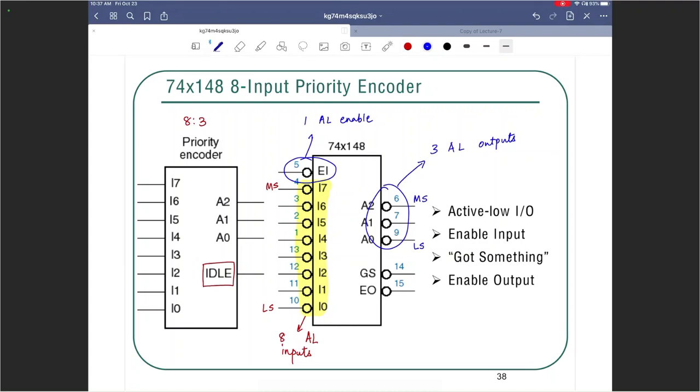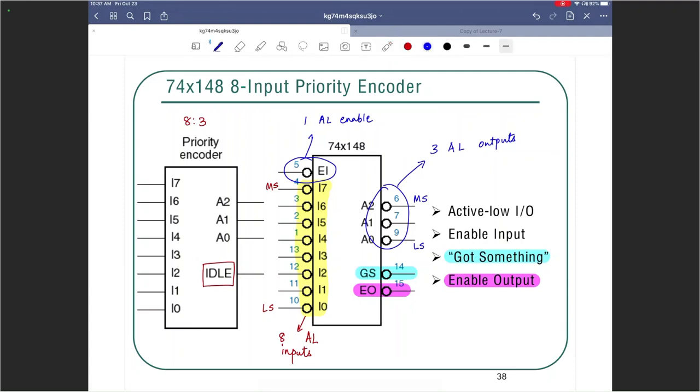Now let's talk about the two other outputs here, which is GS, which stands for got something, and EO, which stands for enable output. So got something is an active low output, which is used to find out whether the chip has any input that is active or not. Did you get something or not? No matter which input is active, it is just used to find out whether you have any input active or not. The enable output is another active low output, which is used